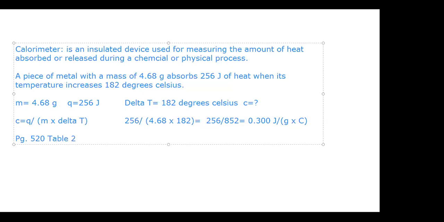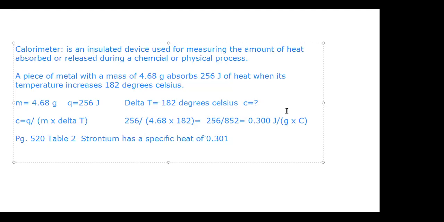This shows specific heat of metals. And if we look, I see strontium on that table. Strontium has a specific heat of 0.301. So I can probably assume that there's just some sort of mathematical rounding thing here. These are probably the same thing,